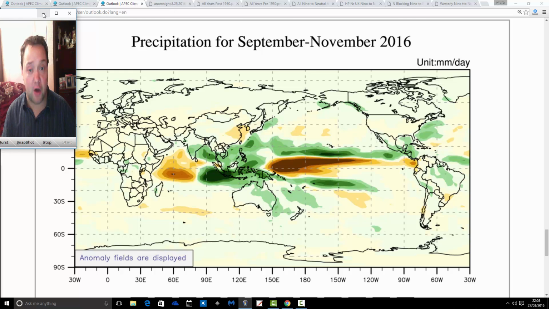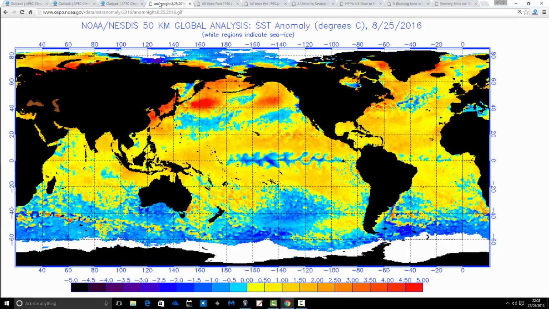So as well as the model updates, we've also been looking at the analogues for this autumn. James Ackroyd, good friend James, I know James is going to be watching, so big thank you James for sending the analogues through again for this season. James has been looking at ENSO conditions through the autumn and creating some analogues for us. Now remember, ENSO is the sea surface temperature anomalies in the Equatorial Pacific.